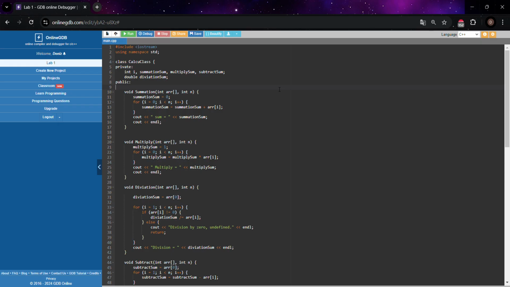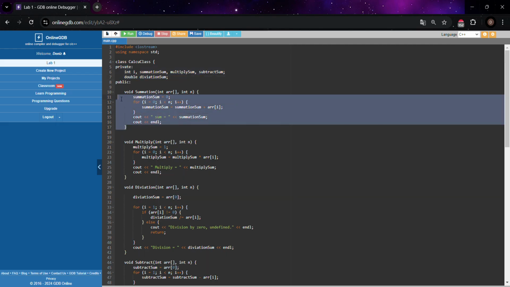So I want to start with the calculus, which I defined in here. It has two parts. In the private part, I defined all my values to be able to use them inside of my calculus, not outside of it. In the public part, I defined all my functions to be able to use them outside of my calculus,